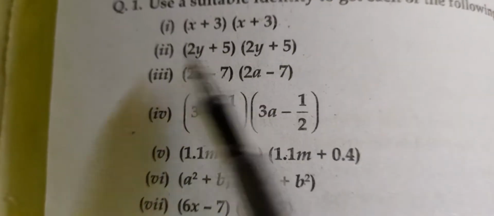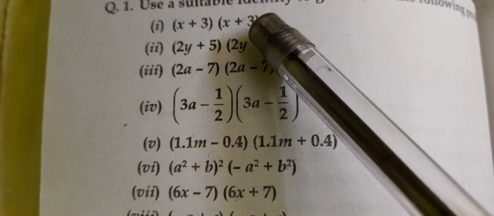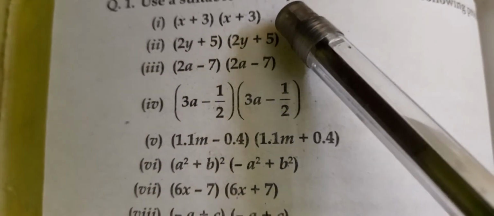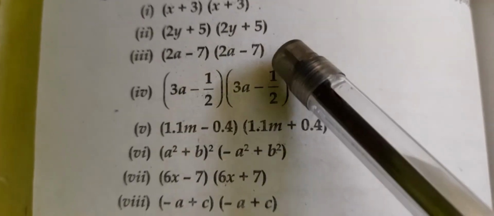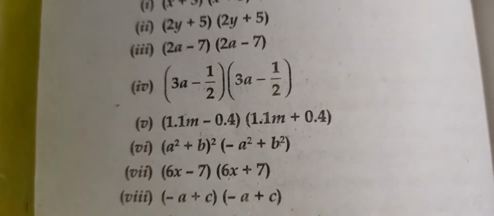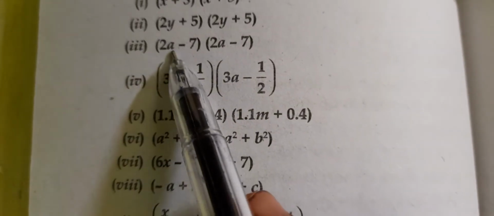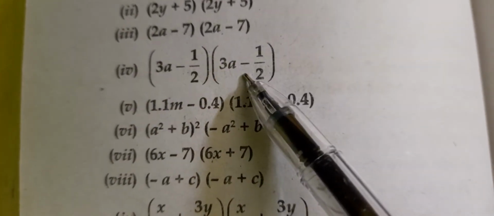Now in exercise 9.5 we are going to the fifth question, but look at the following question. Here the same x plus 3, the same expression repeated two times, so we have written it as x plus 3 whole square. So we used the first identity. For this also we have used the first identity. For this we have used the second identity because there is a minus in between the two terms. Here also the same term, but only the minus is different. So we used the second identity for the two questions.